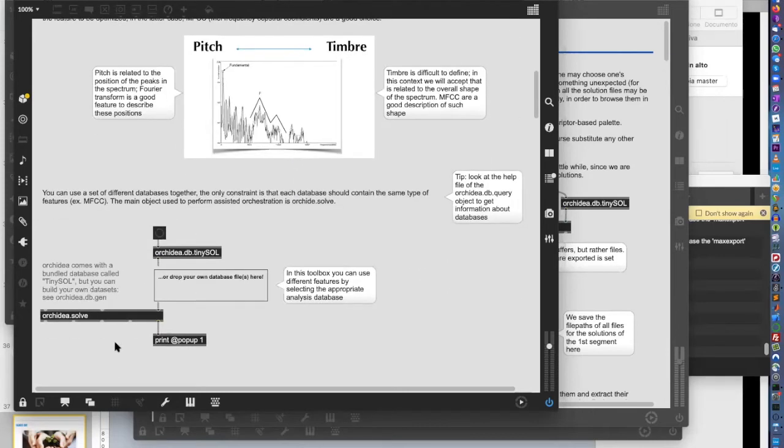So the most important object of the toolbox is the Orchidea.solve object. Basically, you see that there are three inlets here. One is for the database, one is for the orchestra, and one is for the target. So these are the three things that you need to know to orchestrate: the database, the target sound, and the orchestra. As you can see, we provide a tiny sol abstraction so that you can,